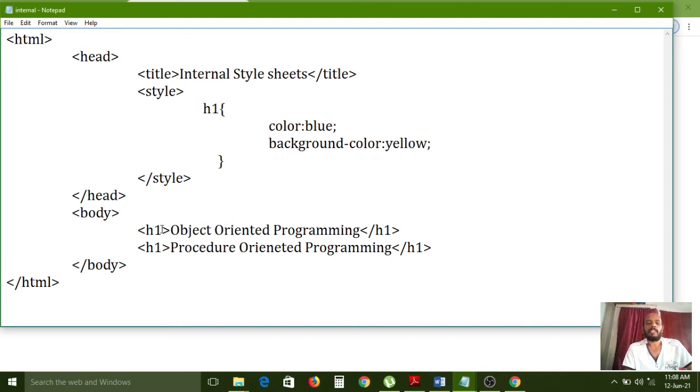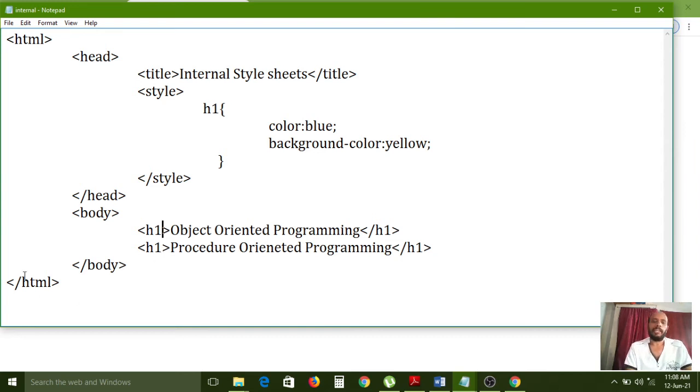So if you use it here, only this line gets the styles. If you want to apply the styles to the second h1 also, you have to write the style attribute again and apply the styles again.